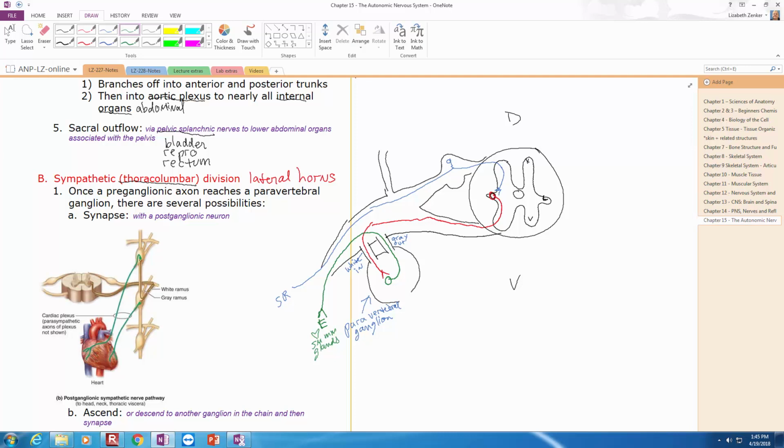Now we're going to add more to the picture, and we're going to add what's called the sympathetic trunk. So this is going to add another leg, and this would be technically above or below this level. Think about where you're moving vertical or descending on the vertical axis. So this is going up or down, but I'm going to draw it below, but I want you guys to think this is like on top of another. And think of the spinal cord as having been continuous. But you would have another